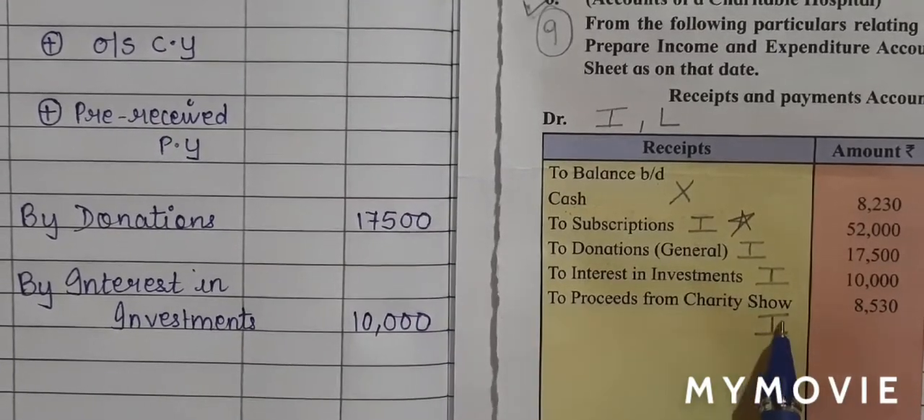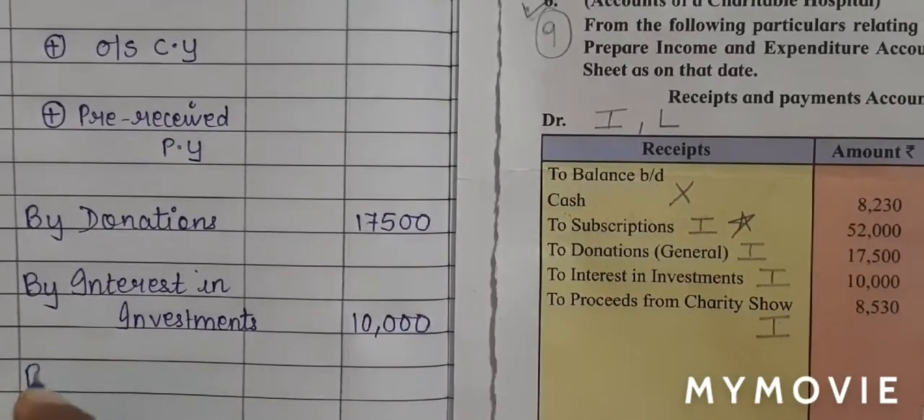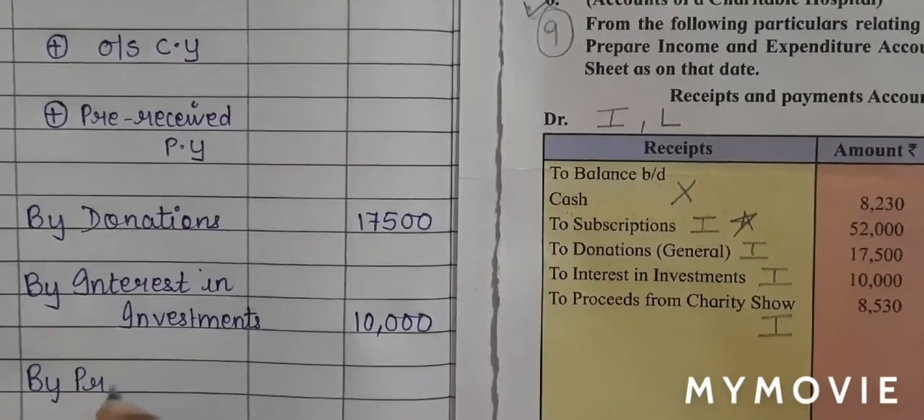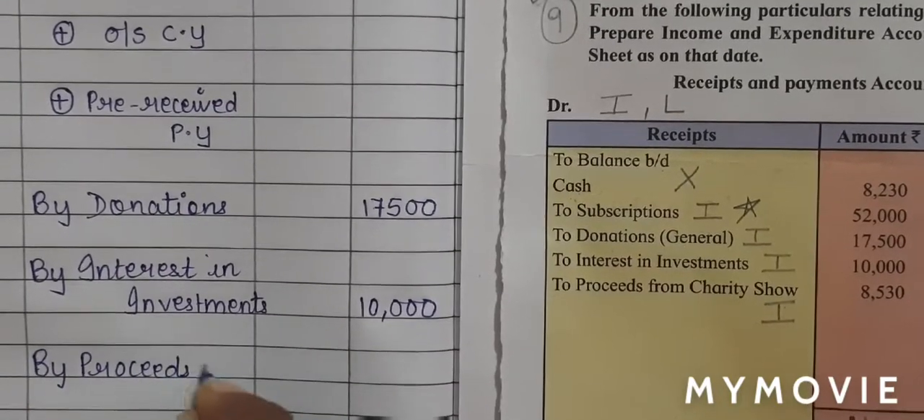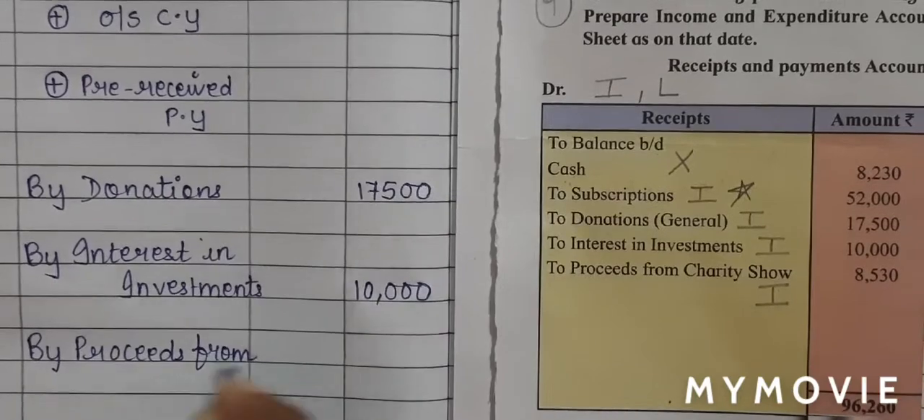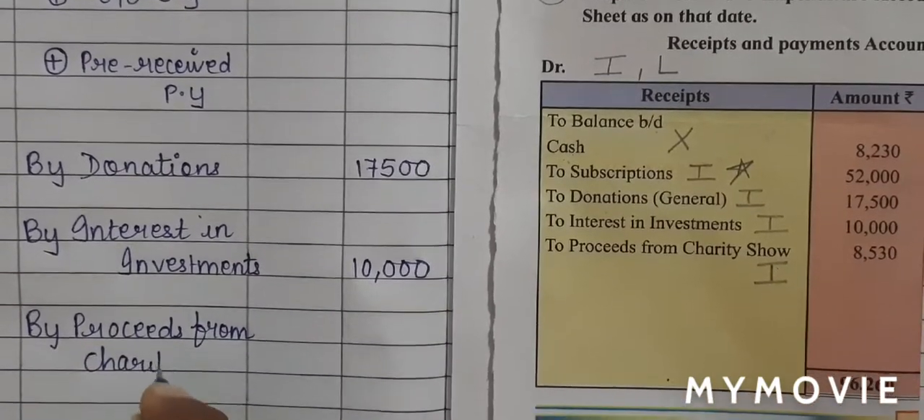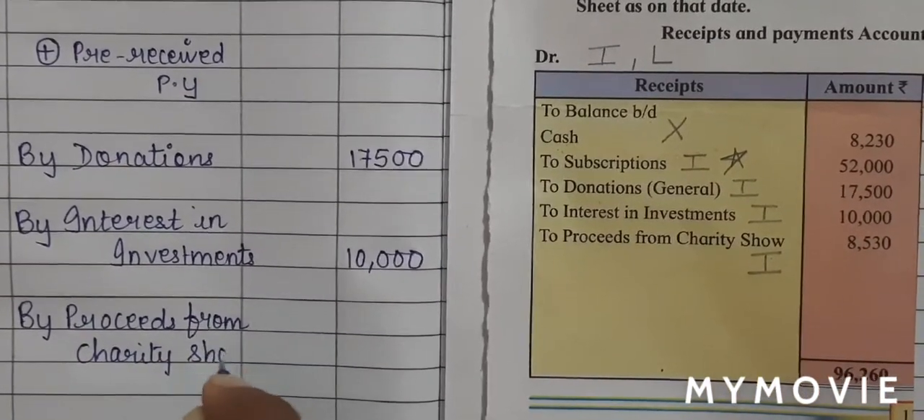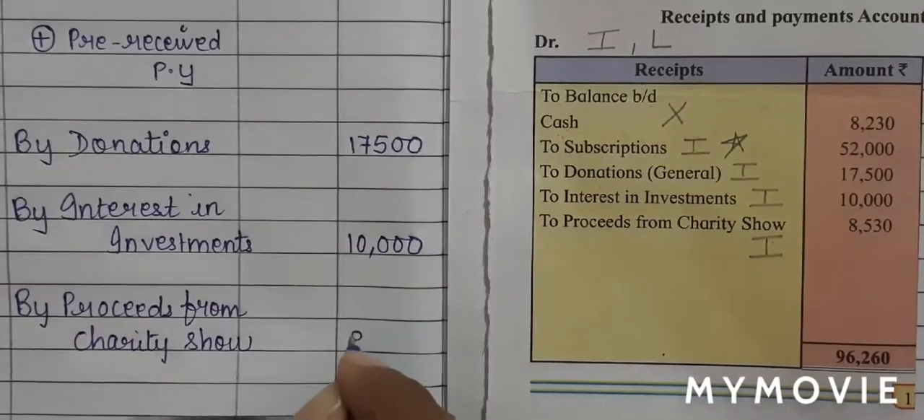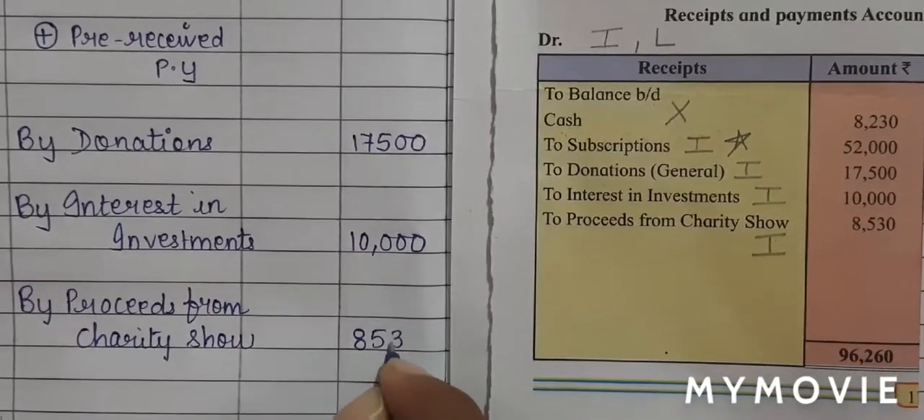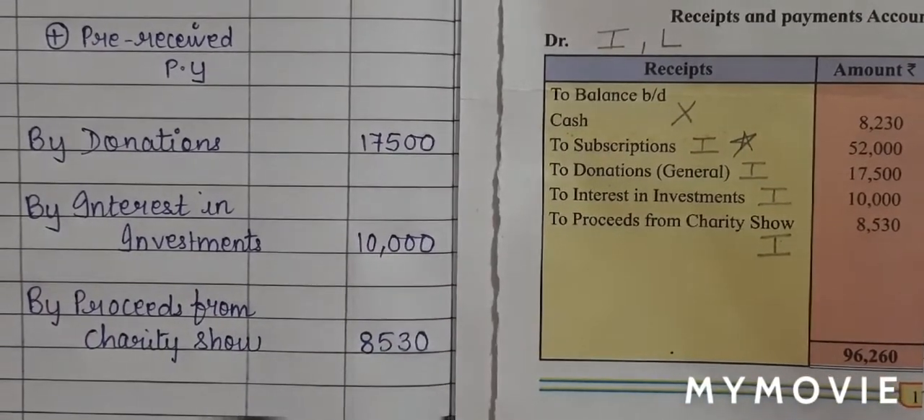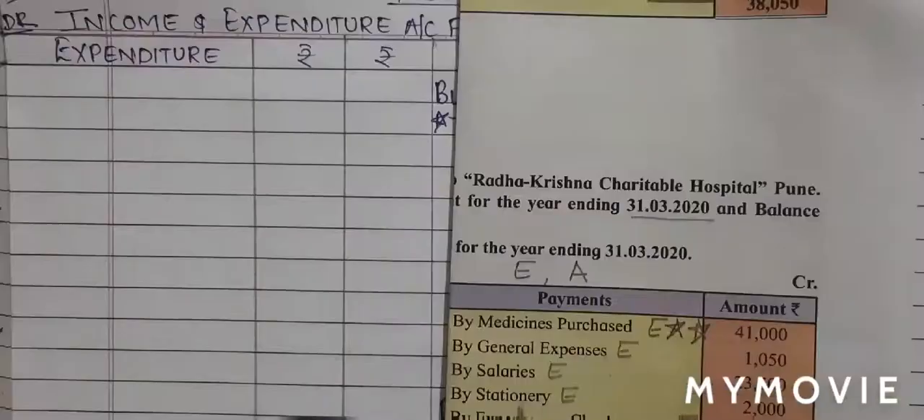Next is proceeds from charity show. Again on the income side, I'll write by proceeds from charity show. There is no star, so I'll write it in the outer column, 8,530. With this, students, we have completed the receipt side. We will now begin